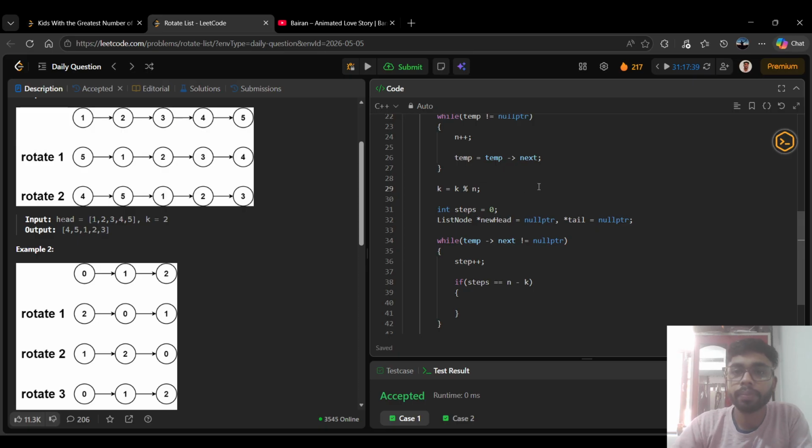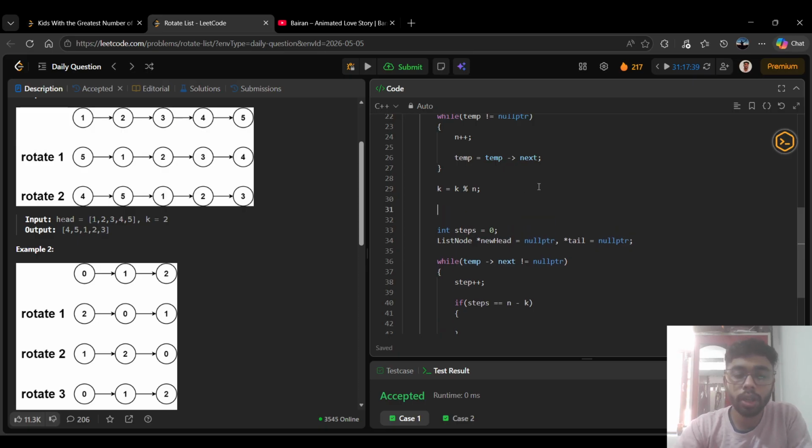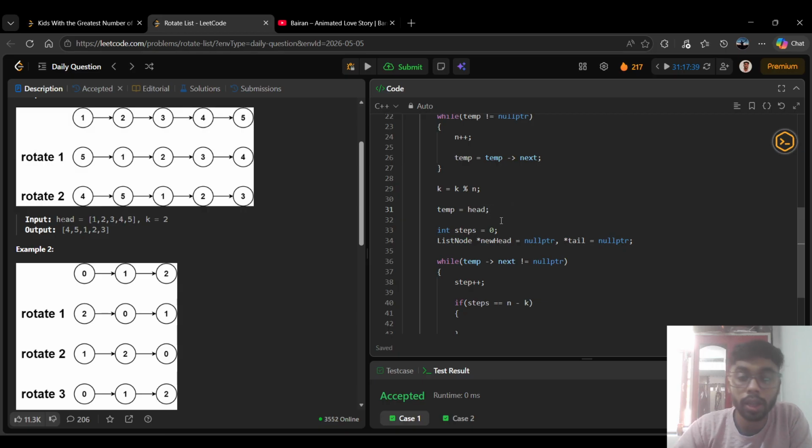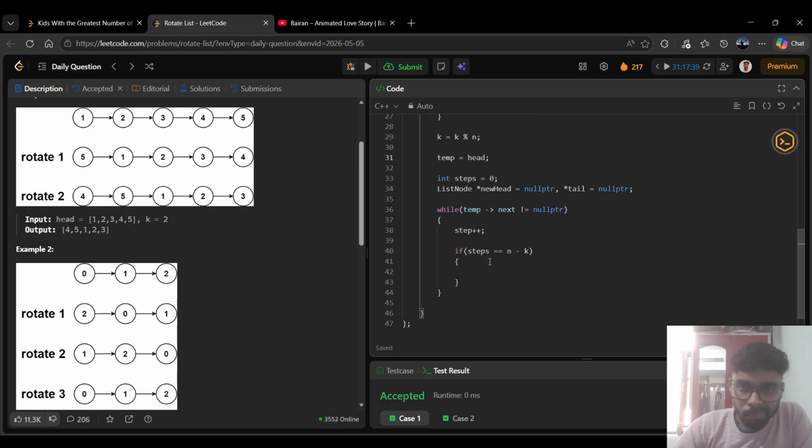And one thing I need to reassure is temp is equal to head, because the head will be changed. So temp needs to be reassigned with the value of the head. So steps plus plus, and if steps is equal to n minus k, then what I will do is simply